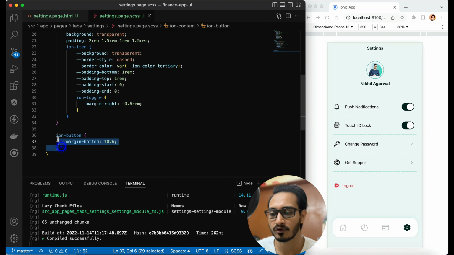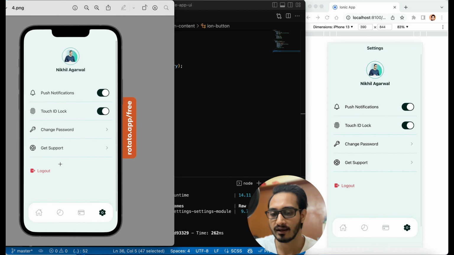Then finally I'm working with the iron button because I'm just giving some margin bottom of 10 VH so that even if the list is bigger and if I just move towards the bottom, still I can scroll and get this logout button to be visible. Otherwise it won't be visible properly, right? So that is the only stuff that is being done, and we are done with the designing part of this